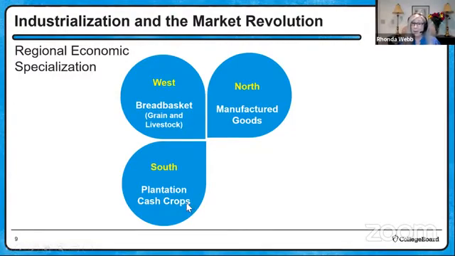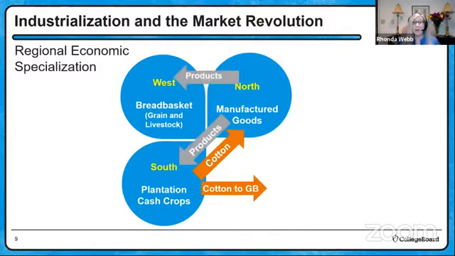The South is going to be the cash crop production. Early on during the colonial period, it was going to be the tobacco and the rice production, but we begin to transition into cotton production because of all of that demand in the northern part of the United States, but also in England. So if we look at this, we've got this connection here. So there's a connection with cotton production coming out of the South. As much as they can produce, that's where they're going to be making money. Then in the North, all these finished goods, they're going to turn right around and sell those back to the people in the South and also the people living in the West. So these are those finished products that they're going to be completing.